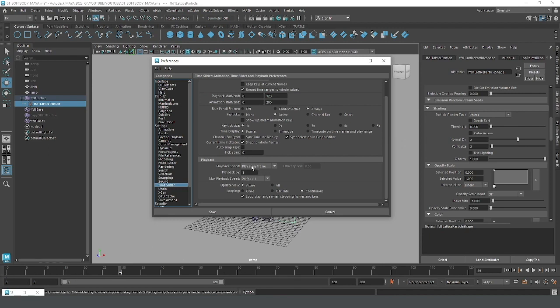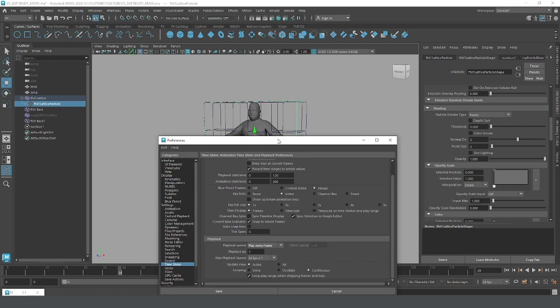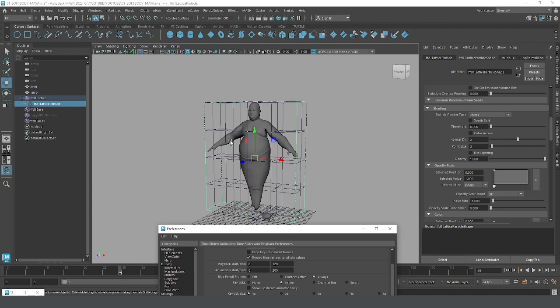If it is set to 24 frames per second, it is trying to keep up with the frame rate, it is going to skip the frames,